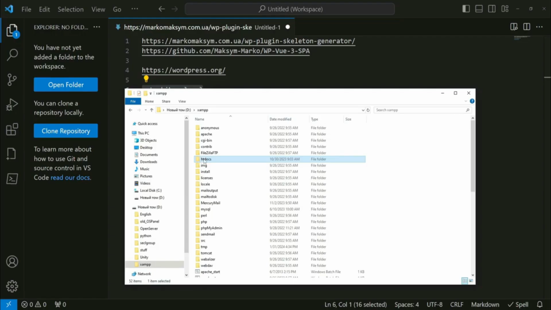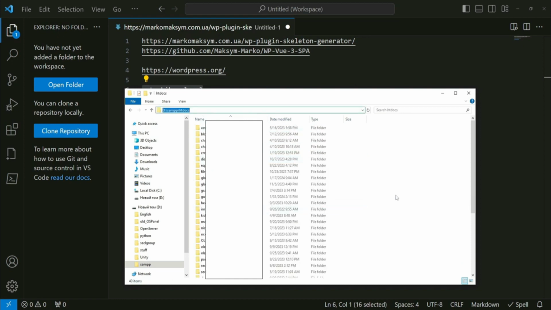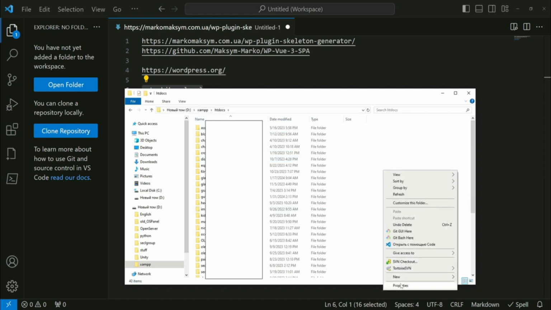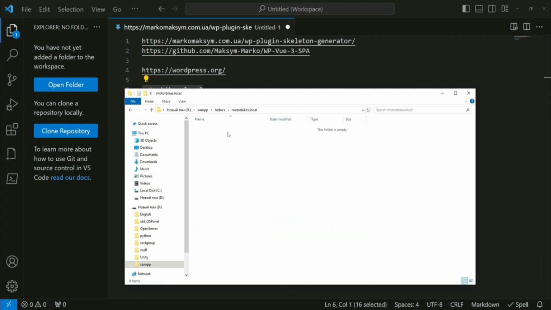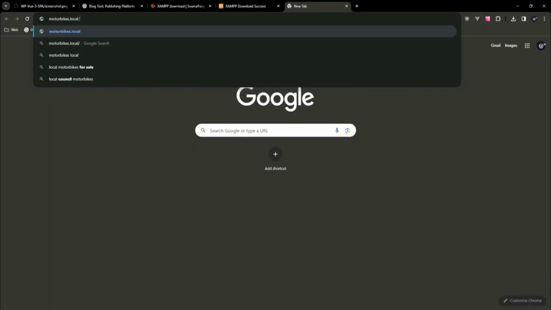According to our goal, we need a domain for our website. Let's create a folder inside our XAMPP server and name it, for example, motorbike.local. To run this domain in the browser, we have to make two records on our PC, if we are